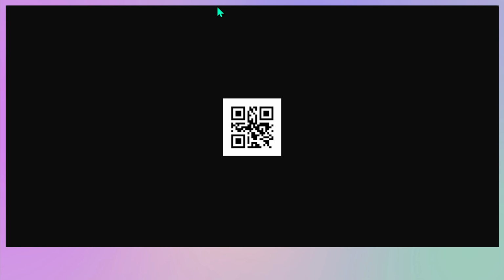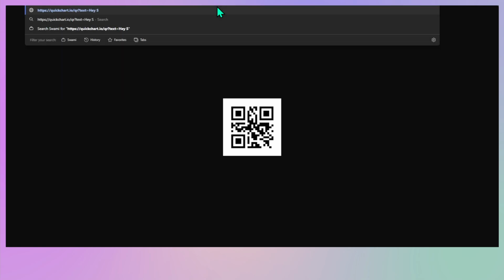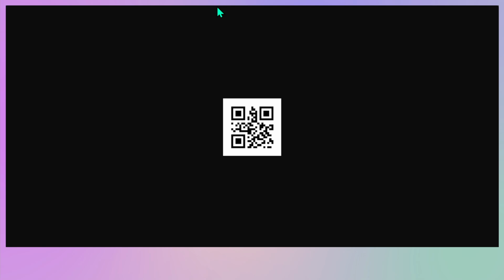Let's say I test here, so the QR code is generated, and if you scan this, you will see this text, "Hey Swami," right? So I know this is the website and this is the parameter I need to pass. Except for plain text, I would like to pass JSON, but obviously JSON has an object kind of setting, so we need to stringify it. So for that, I did